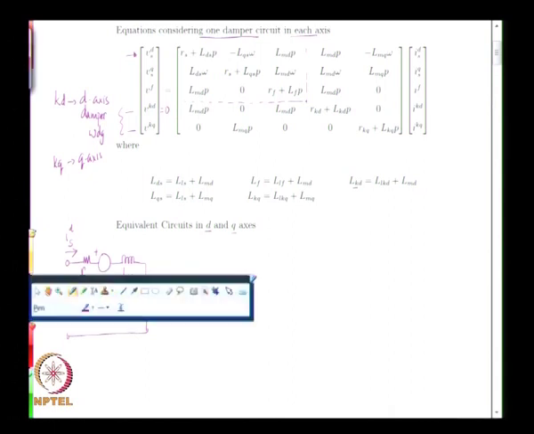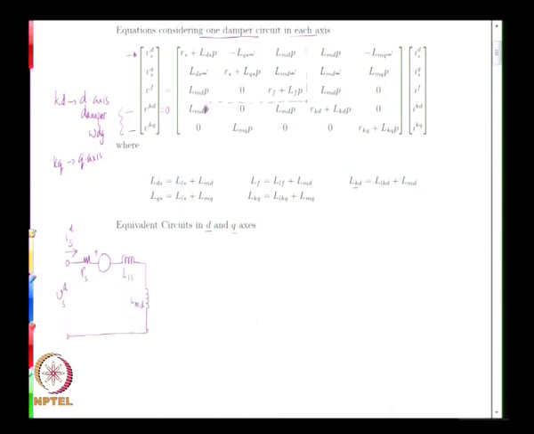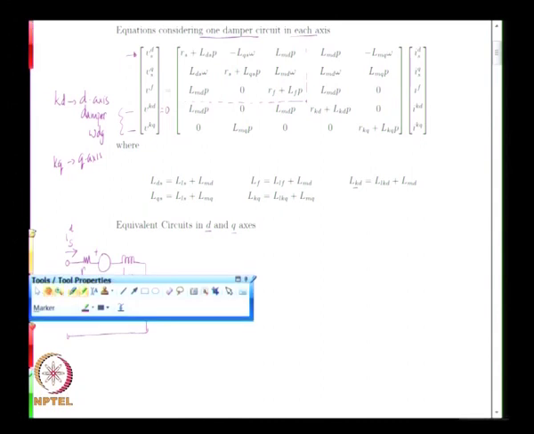So, this means that 0 equals LMD into P IDS. Now, LMD into P IDS would already be here, and then RKD into IKD plus LKD P IKD. LKD again is given by LLKD plus LMD, and therefore, this equation can be adequately represented in the equivalent circuit